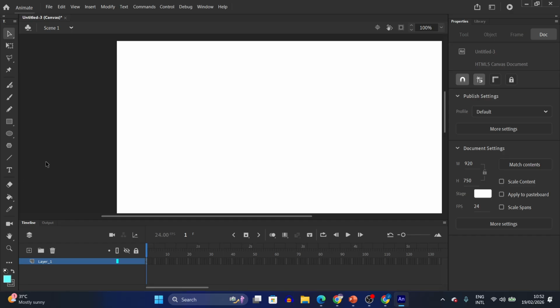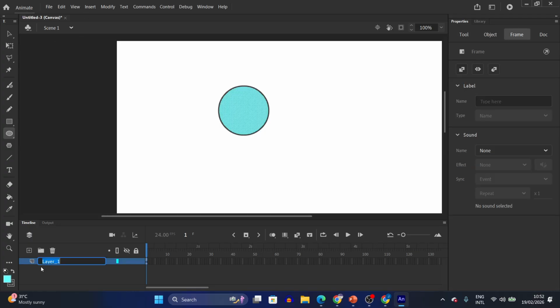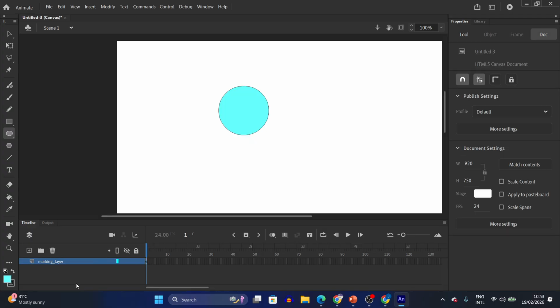So to explain the concept of masking, what I'm going to do is to bring in an oval shape. So I'll draw this circle on stage right here. Now, with what I'm going to demonstrate, the color of the fill is not important. So the color can be anything. It doesn't really matter. And then I'm going to label this layer as masking underscore layer,